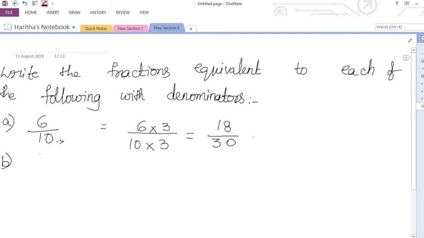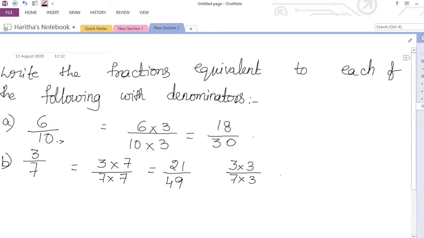Okay, so here I am taking 3 by 7. So I'll just go with 3 7s. Means I should multiply the numerator also with 7. So 3 7s are 21 by 7 7s are 49. For example, I could also go with 3 3s are by 7 3s are. Means my denominator is going to be considered, I should not consider the numerator. That's what they are trying to say over here.